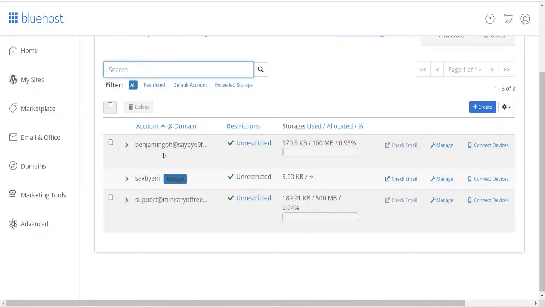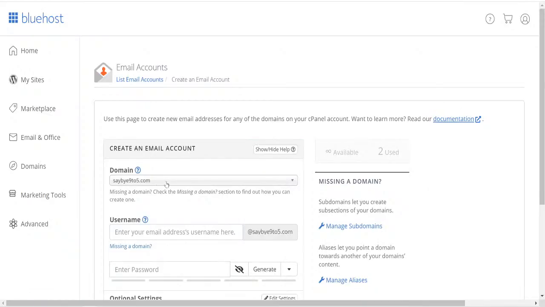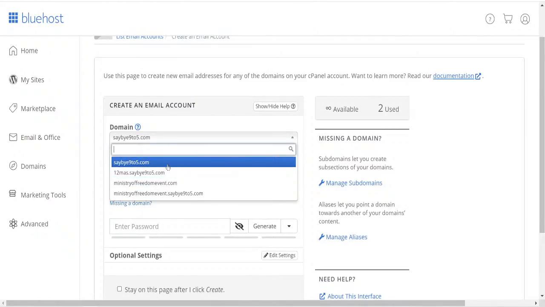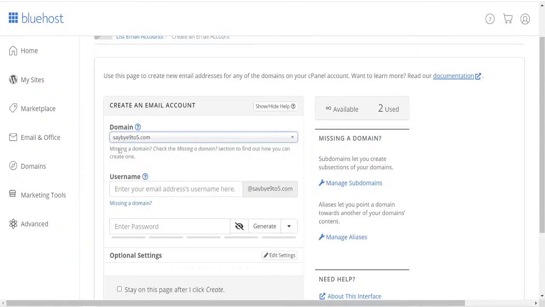Now remember, you have come up with your own custom domain name. Let's say for example, just now mine was benjamingojk.com, correct? So when you hit the create button, the domain name is auto-populated over here. If I click down, you can see these are the few different domain names that I have. So please select the one that you have. But if you are registering for just one website, which is the $395 per month for 36 months, you will just see this particular domain